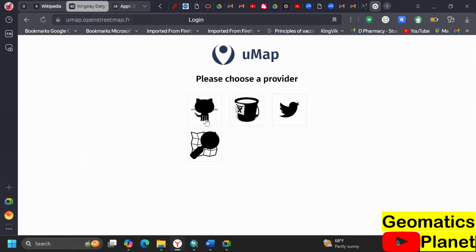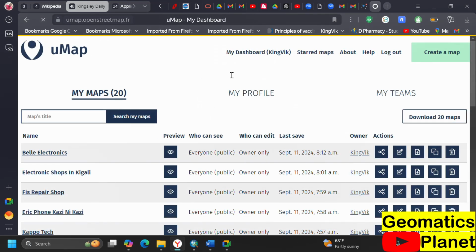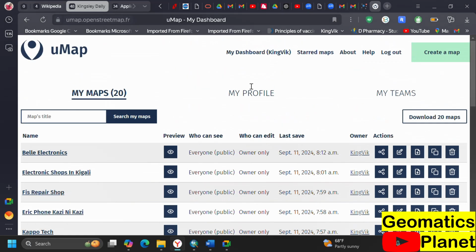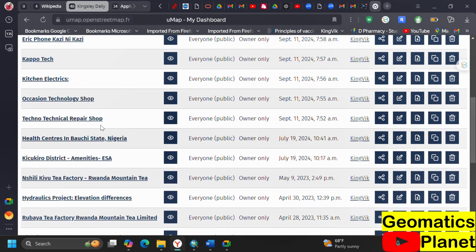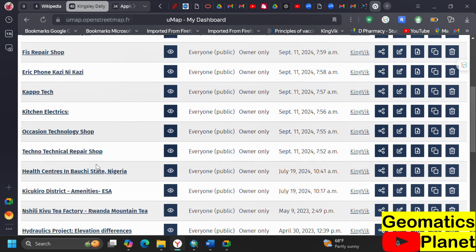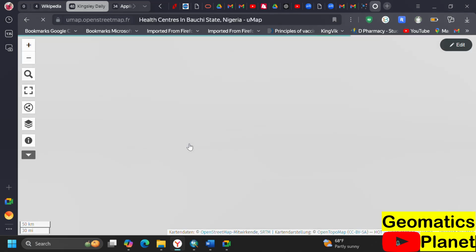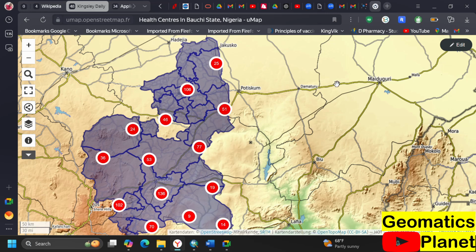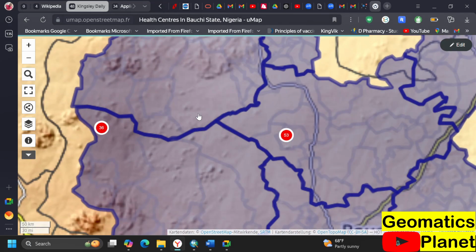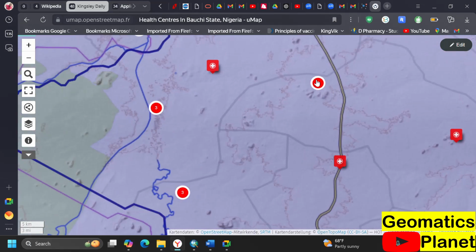I have an account with them, and I'm going to log in using my OpenStreetMap account details, and this will log in, and here we are. And this is my profile, with some of the maps I've created. So why am I calling it a dynamic map? I'm calling it a dynamic map because when I open this, I should be able to interact with it. For example, this is the map of Bauchi State, which has a dynamic map that shows all the facilities in Bauchi State. Yeah, so if I zoom in a bit to each of them, I can interact with it,